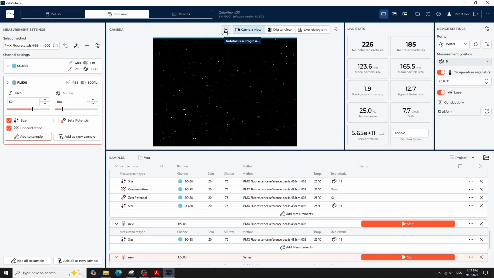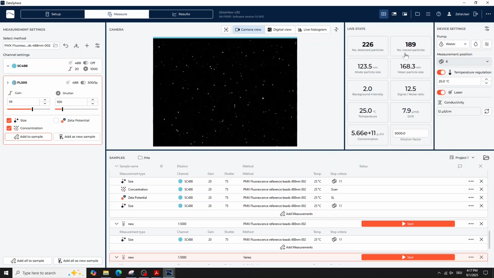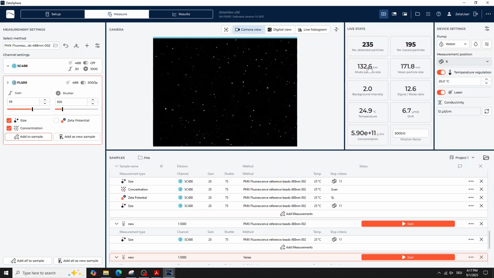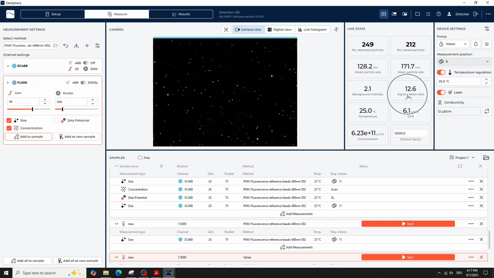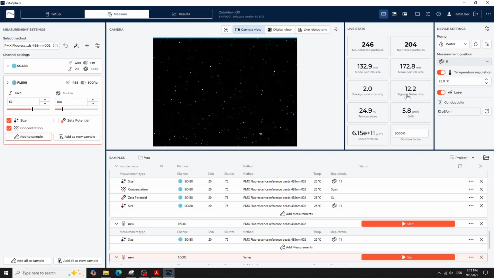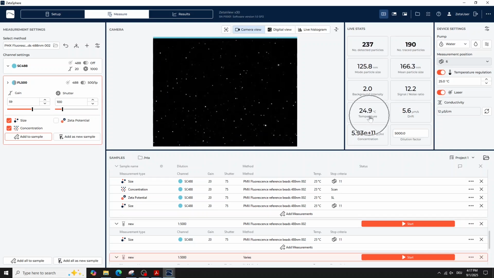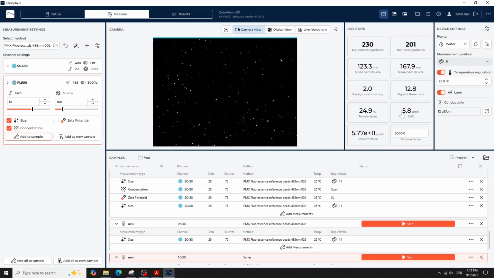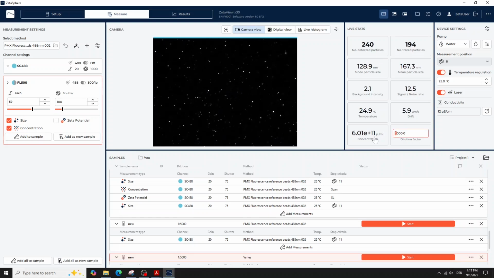The Live Stats panel presents real-time metrics, including particle count. Number of traces reflects particles meeting analysis criteria. Mode particle size, the most frequent size. Mean particle size, background intensity. Signal-to-noise ratio, indicating the strength of the signal with regards to the background. Measured temperature at the cell, particle drift, ideally under 50 micrometers per second, and calculated concentration, based on the dilution